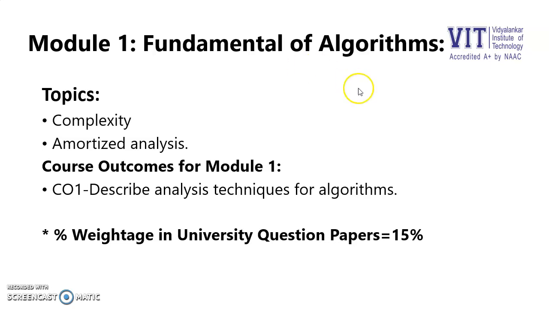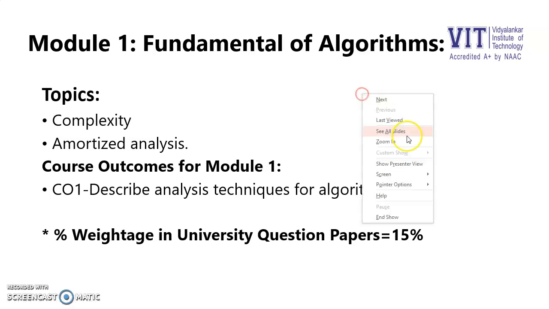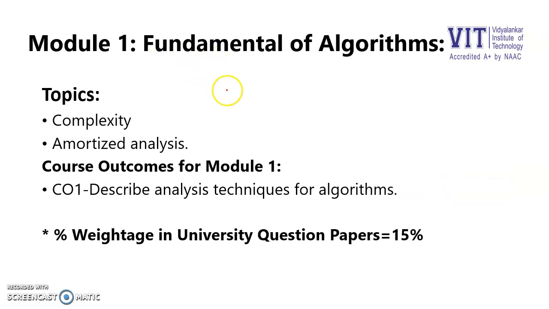As the name suggests, advanced algorithm is an advanced level of the subject that you studied in your semester 4. In semester 4, you studied analysis of algorithm. And in analysis of algorithm, you studied about time complexity